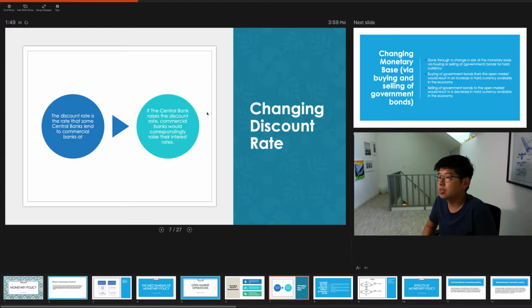Next, we can change the discount rate. What exactly is the discount rate? So in some countries, central banks provide funding, loanable funds, to commercial banks. So the interest rate that the central bank will charge to commercial banks is called the discount rate. So of course, if the central bank raises the discount rate, it costs more money for commercial banks to borrow from the central bank. Then commercial banks will also correspondingly increase their interest rates,